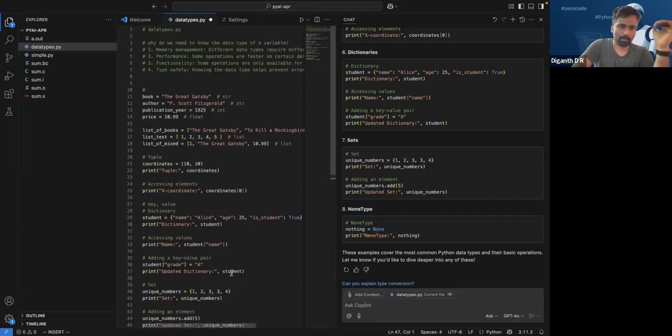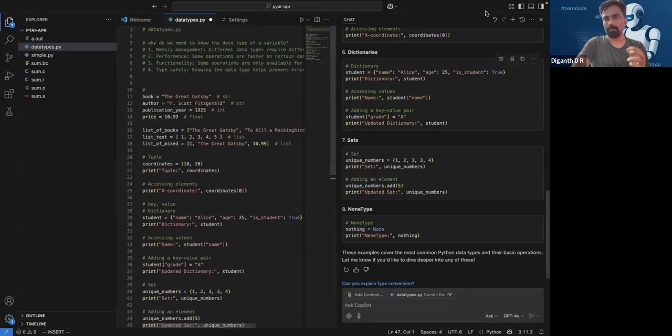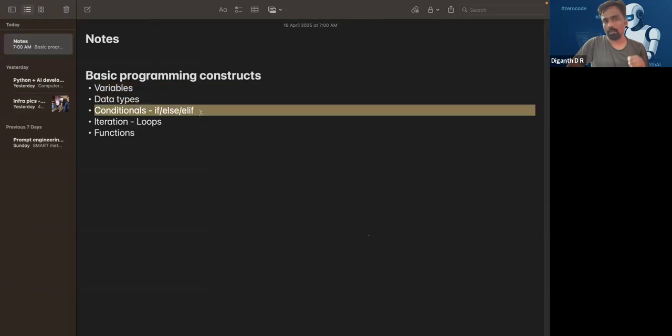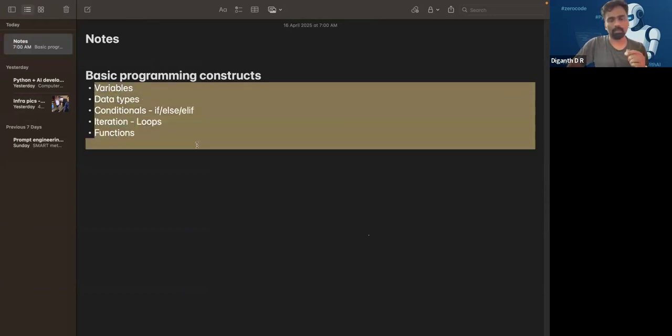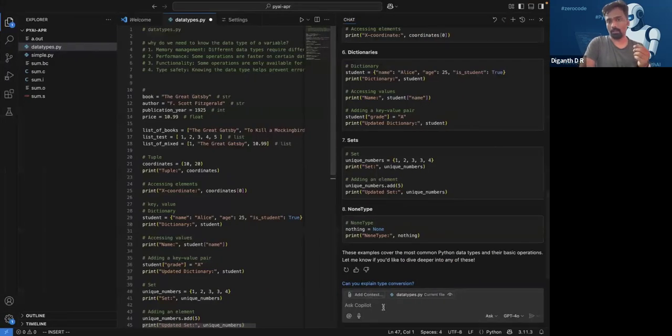It is important to understand why data types are there. Now we have learned about this, so tomorrow we can write a simple program with more programming constraints. We have learned about these two things. We can learn about these things tomorrow, and then put this together to write a program. Where your overall goal is to generate the program, I can say, generate a program